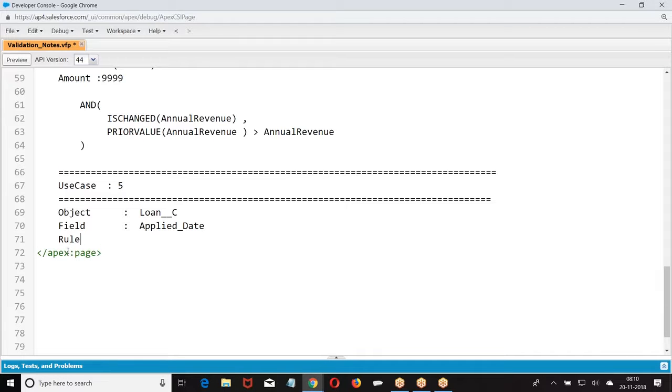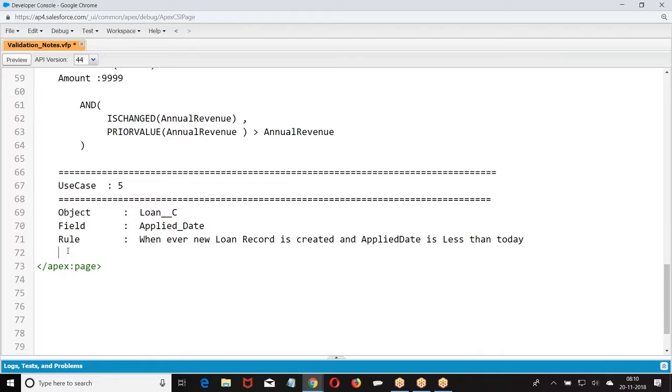Rule: whenever a new loan is created and apply date is less than today, then throw error message.